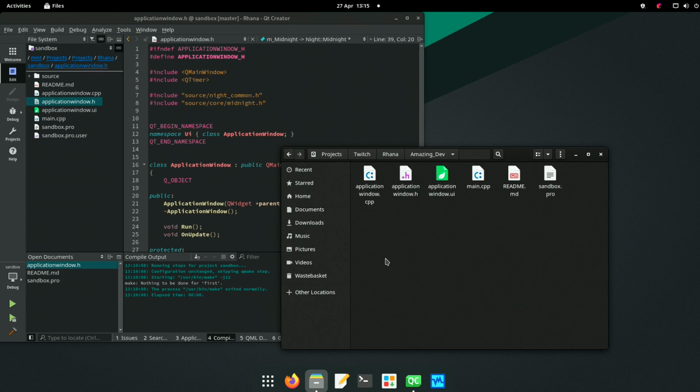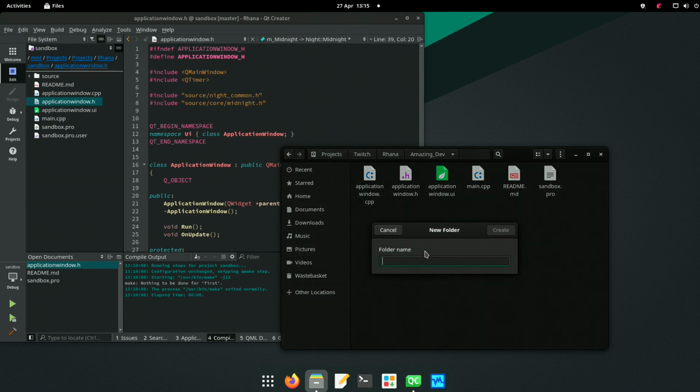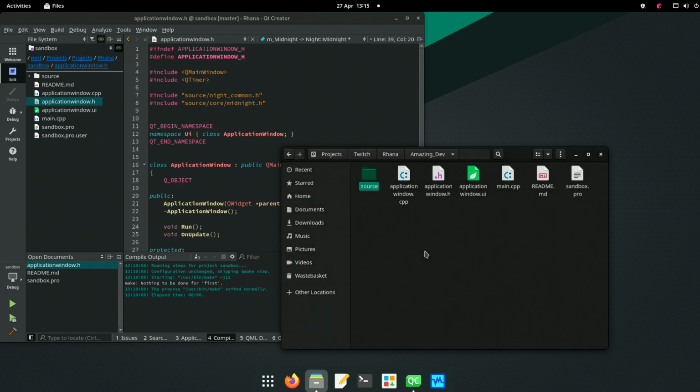What I don't want to do, though, is have my application on this level. So we'll need a new folder. We'll call it source, as usual. I'm going to call it source. I'm going to go lowercase with everything now, if I can. So what are we going to be calling this? The core application.